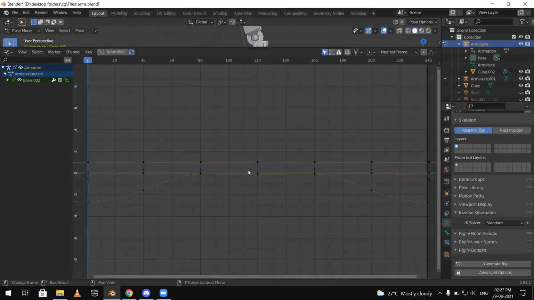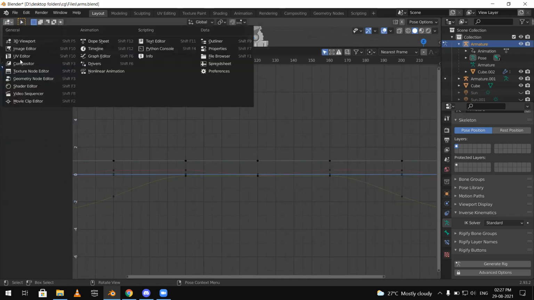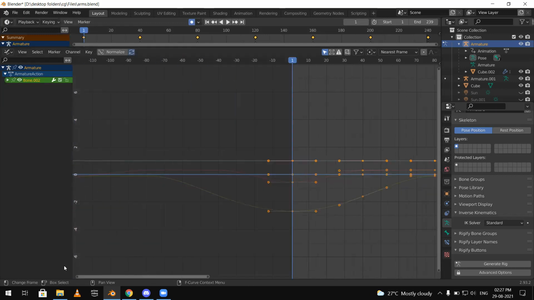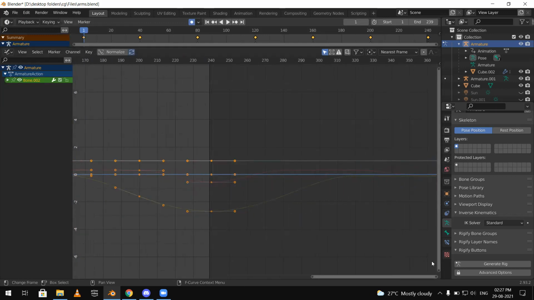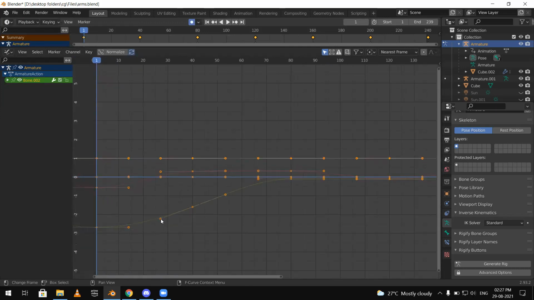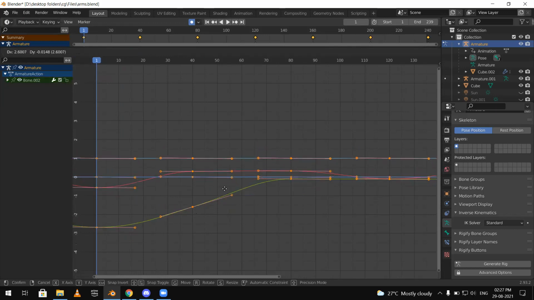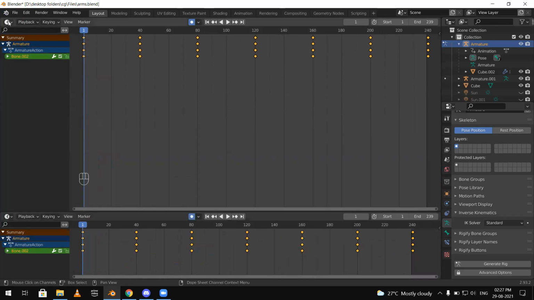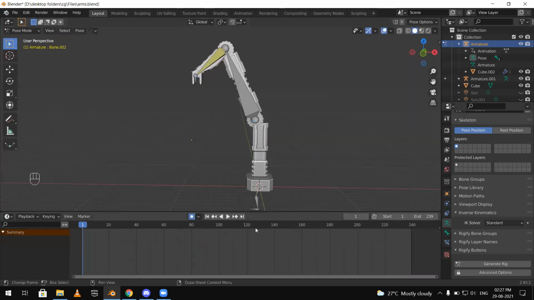If I select now this, let me select the timeline from here, and this shows the graph of how the keyframes are animated and structured to function. This works on Bezier curves. You can edit them as you like, but we are going to leave them since we have already edited them. Now we go to the object mode, and bring up the timeline here and the 3D viewport menu here.